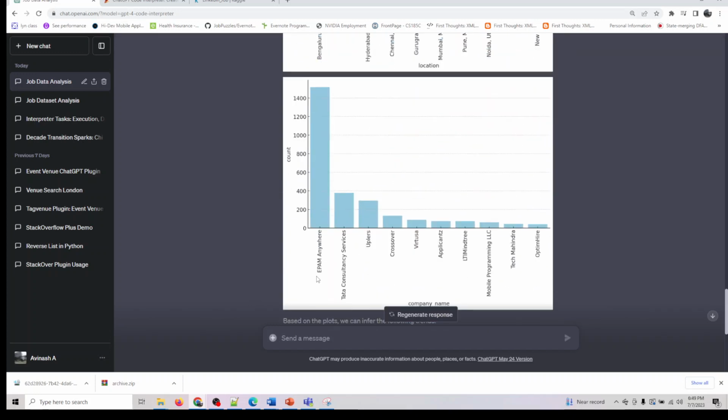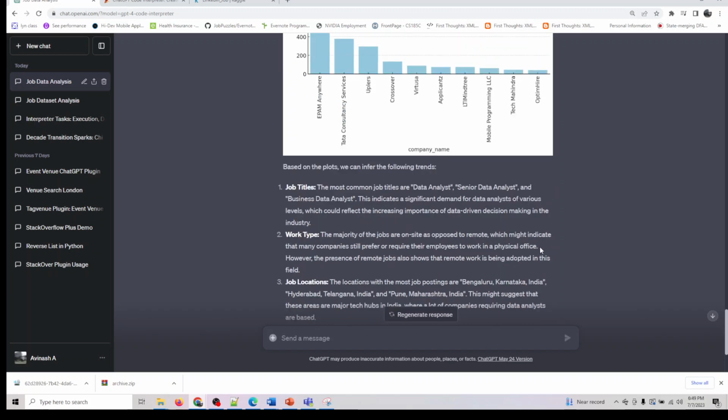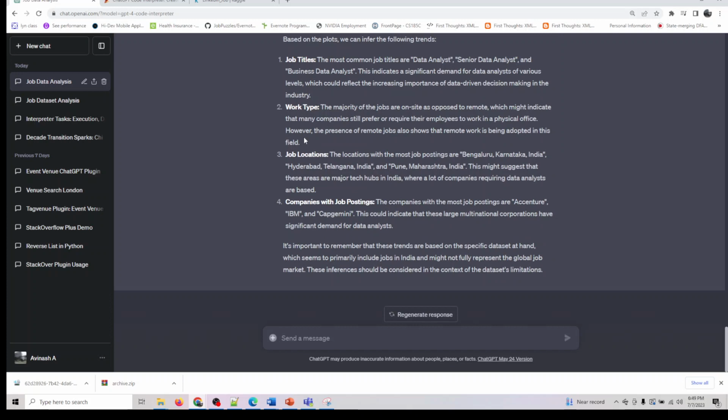So EPAM Anywhere seems to be the number one by a very large margin. Then there is TCS and various other companies you might be familiar with or you might not be familiar with. And here it's giving you a decent explanation of what each one of them are. And let me also ask, visualize the input data uploaded to help me decide